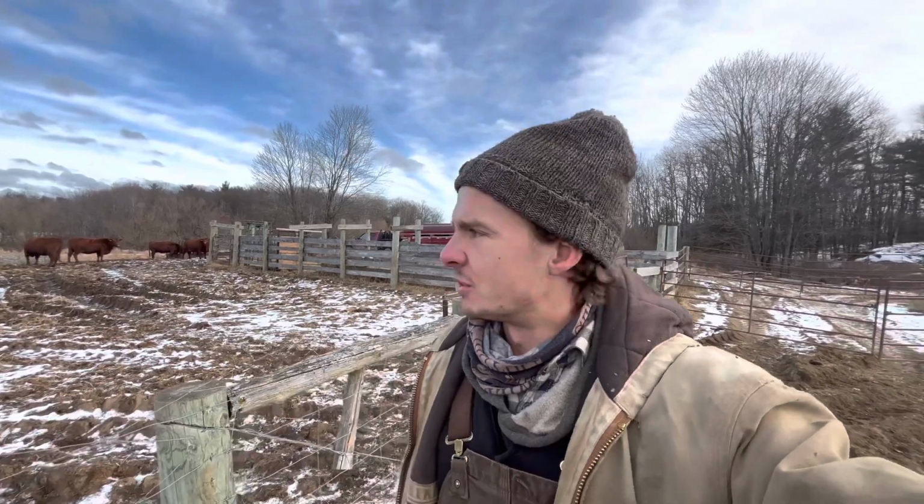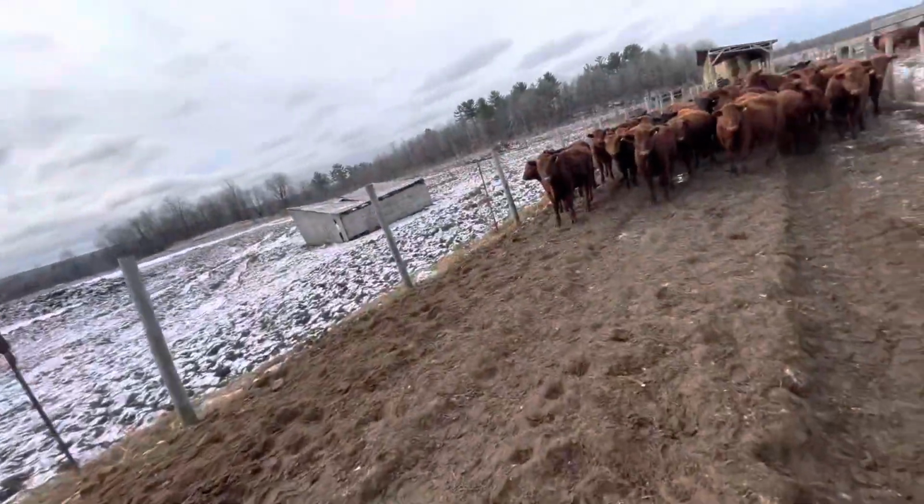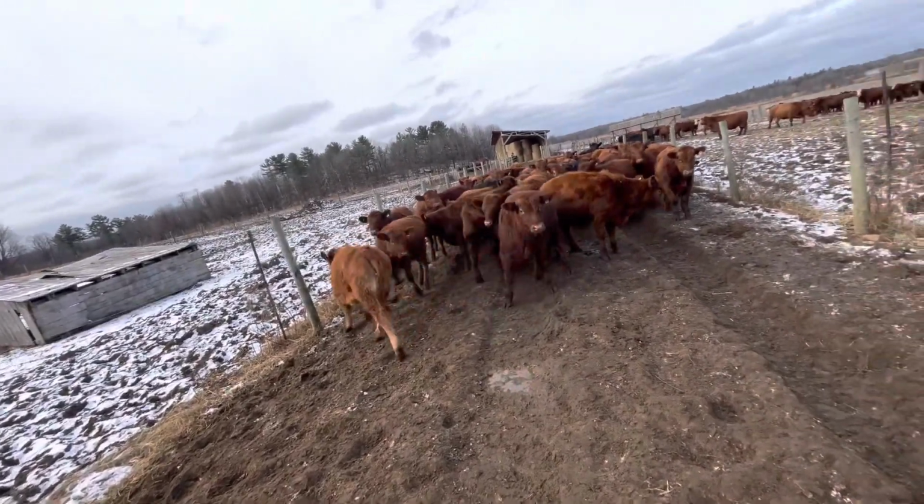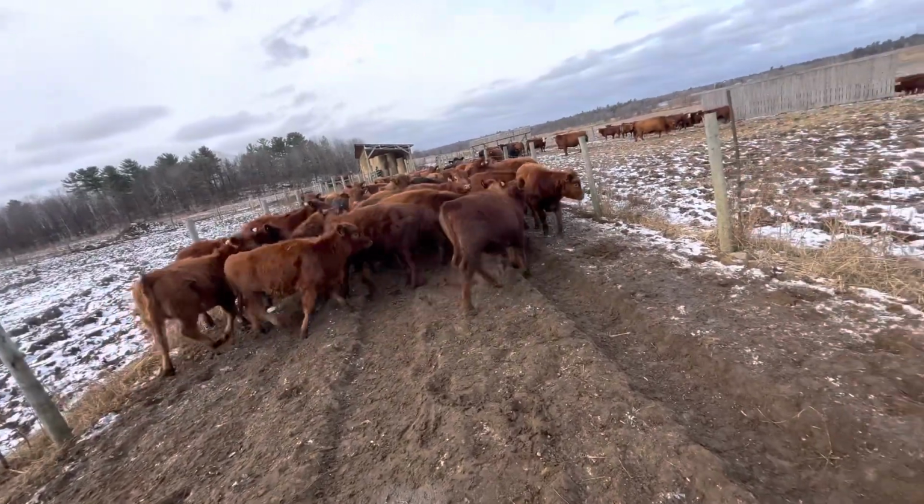the calves are just sucking them dry. So they're getting really skinny, and we can't really feed them enough. So I think we're just gonna pull these calves off of them, put them in the barn, and start feeding them good. So